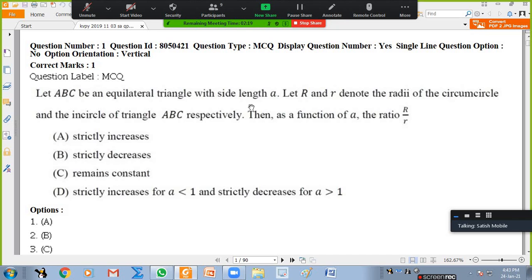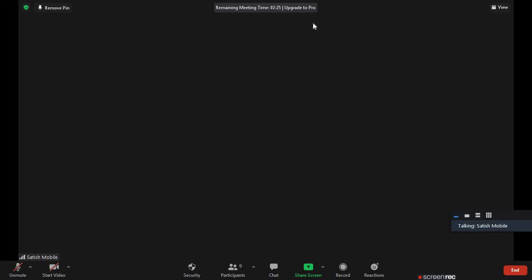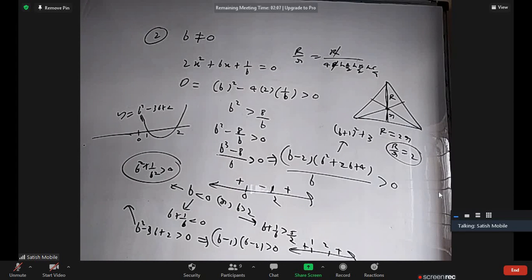Let ABC be an equilateral triangle with side length a. Let capital R and small r denote the radii of the circumcircle and incircle of triangle ABC. Then as a function of a, the ratio capital R by small r. If we change the side length, will the ratio of circumradius and inradius change? No, it doesn't change. It is always